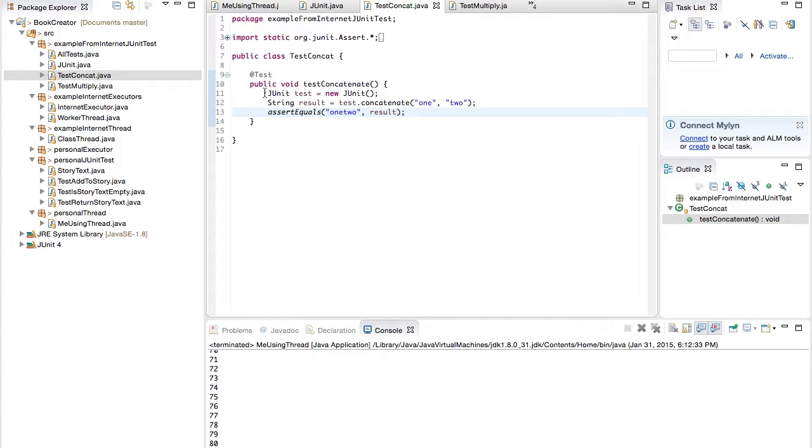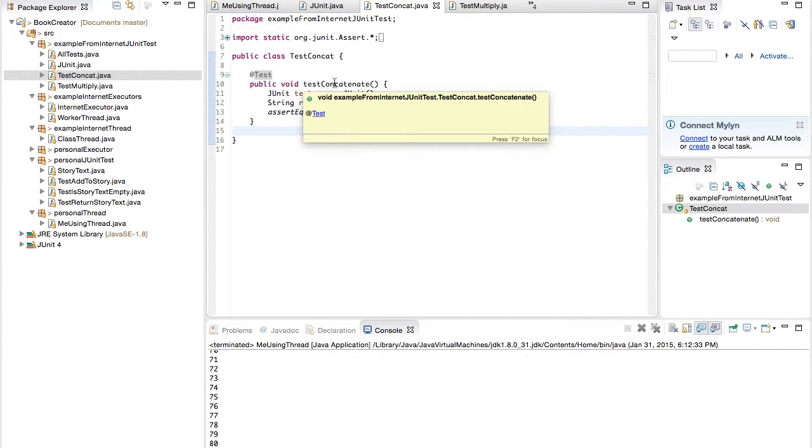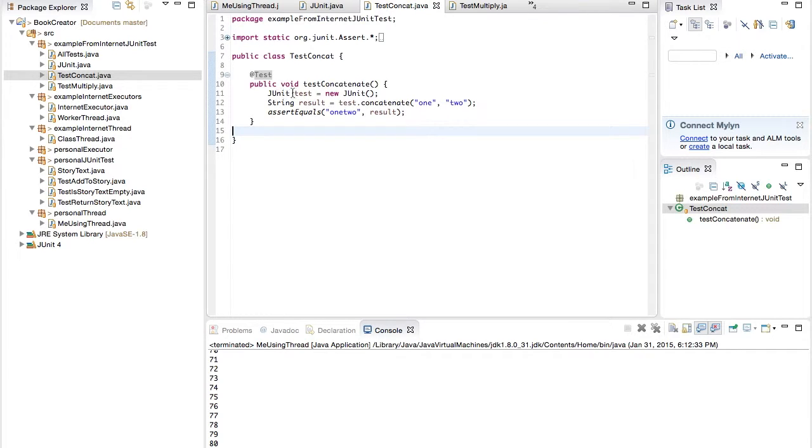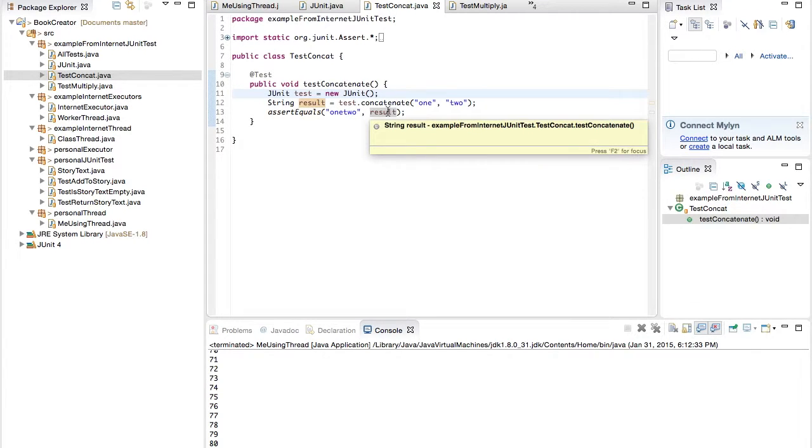So we create an instance of a class, and a quick note, the annotation in front of a JUnit test is this annotation @Test, and we'll go over some of the different ones a little bit later. You create testConcatenate as the method name, just showing that it's testing this function. It stores it in the result string, runs that function with 1 and 2, and adds them together. So we're using assertEquals to make sure that this string is equal to the one being tested